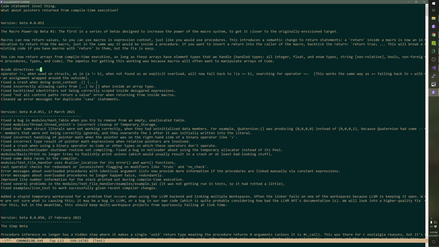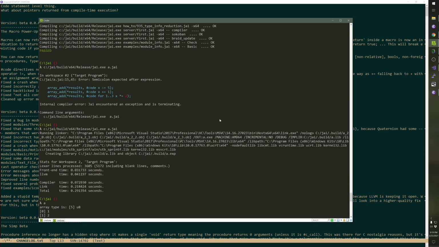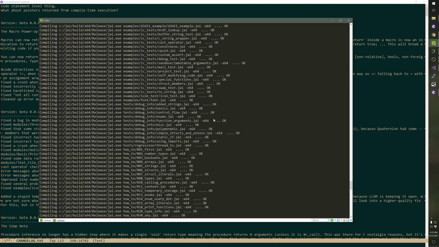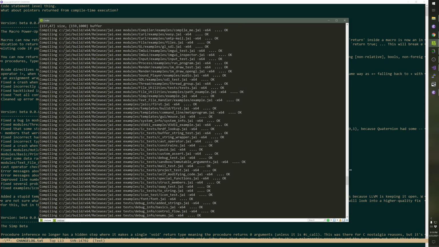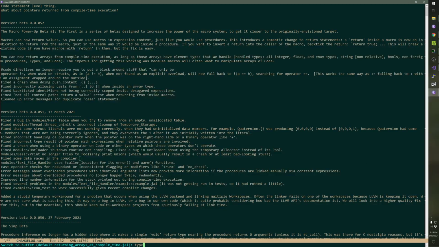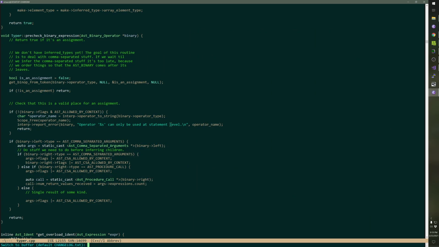Code directives no longer require you to put a block around stuff that can only be... what was the error? Can only be something something at statement level. Why don't I look here? Can only be used at statement.